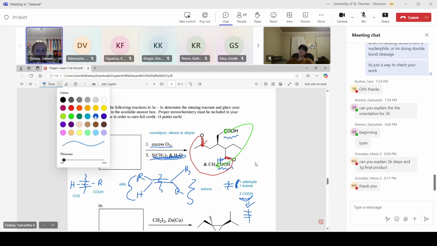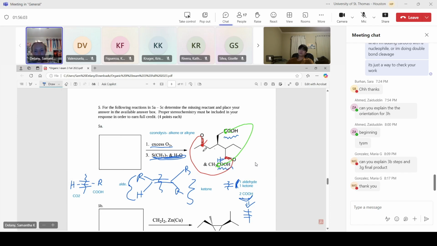So let me just draw out the base structure. So since we have a ring that's been broken, we know it's a ring because they're both on the same structure. They didn't form two different molecules for the alkene cleavage. I'm actually just going to number. It doesn't matter if it's correct nomenclature-wise. This is just for putting everything in the right spot. So let's see. 1, 2. Let me get rid of this. 1, 2, 3, 4,